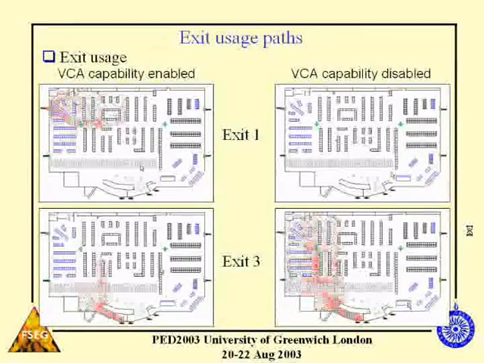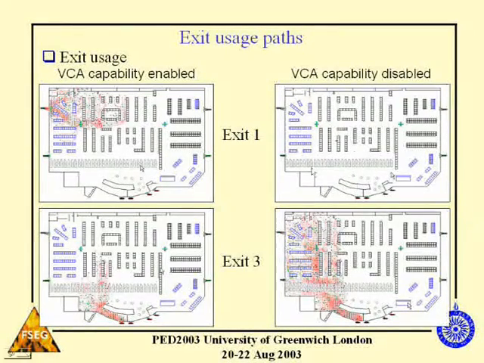This is showing the case where the VCA is enabled. It's showing you the footfall of the occupants, the paths the occupants are taking to use this exit. And this is the case where the VCA is disabled. And you can see here